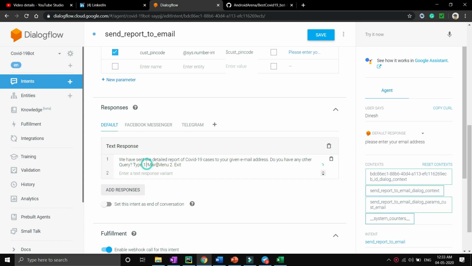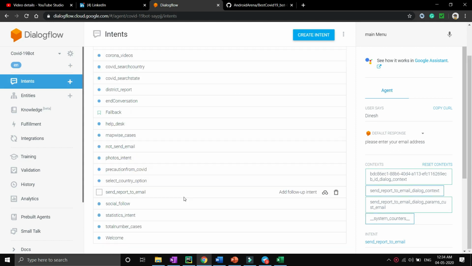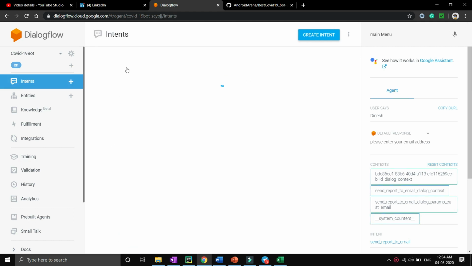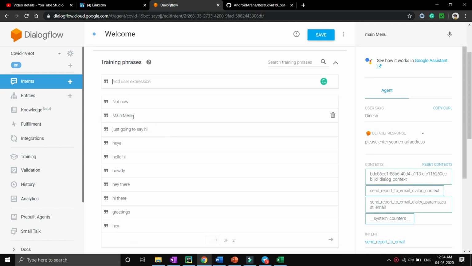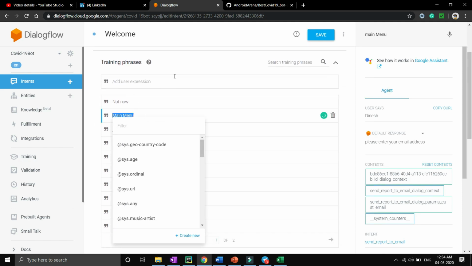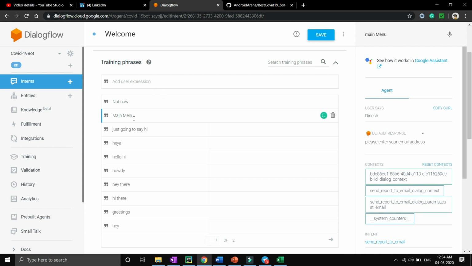There are two options that I'm showing to the user: one is main menu and the other is exit. So let's assume the user has chosen main menu. Now there should be a provision to handle the main menu query. For that I have handled it inside the welcome intent, because welcome is our main menu. You can see over here that it is in my welcome intent with the main menu.